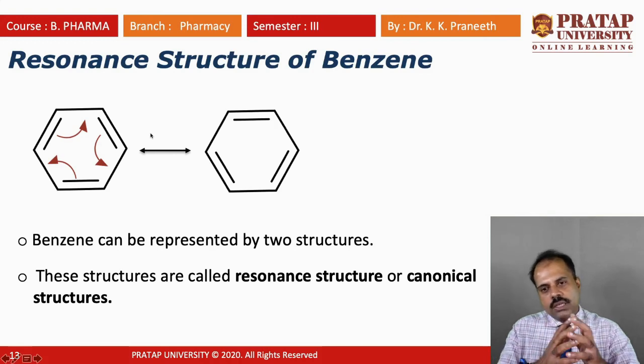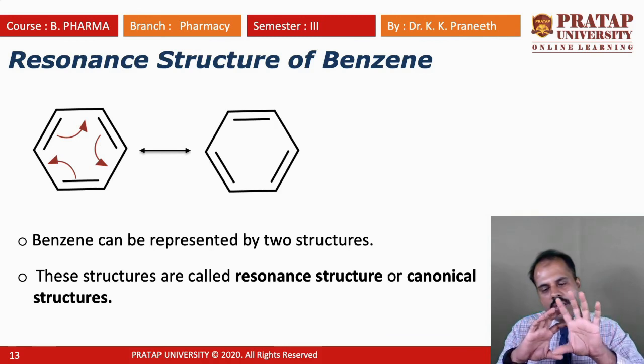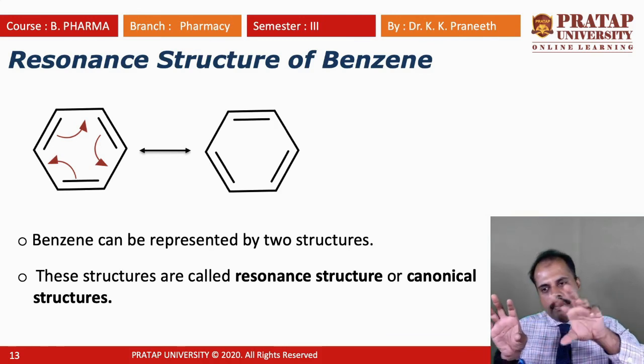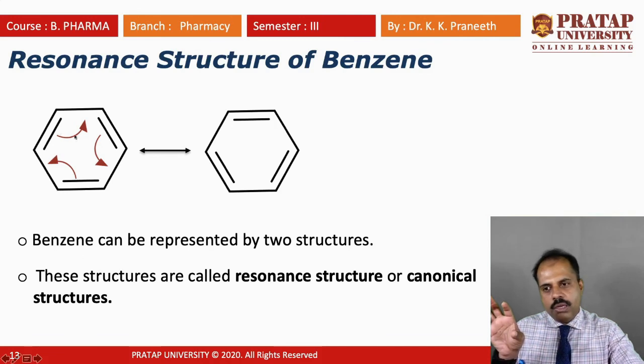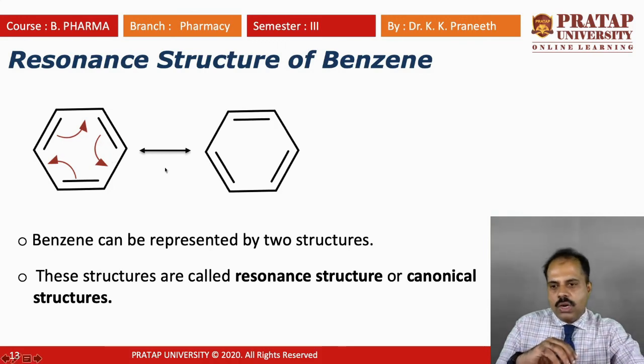There are two types of structure we can write with the double bond. The only difference is the movement of the double bond. With the different movement, we get the two different structures. Both structures have the same energy, so they are identical structures. This is confirmed by X-ray analysis. The carbon-carbon bonds are the same in both structures. So this shows that the carbon-carbon bonds or overlap are constantly circulating. This is called the resonance structure or canonical structure of benzene.